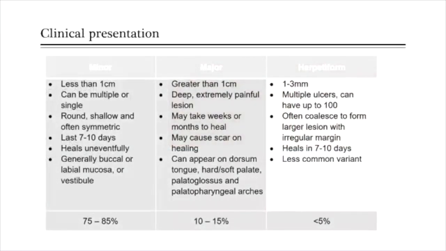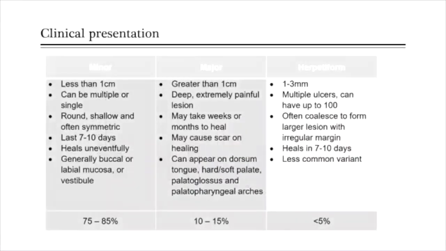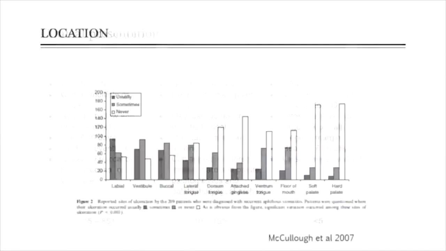So this is just a little chart, okay, for summarizing that, and really good for you to remember all those little things. These 3 categories, vast majority are minor. Some heal without scarring, some heal with scarring, okay? Makes for a really good MCQ question to ask whether you know the difference between them, right? Okay. So anyways, I don't know if you want to just spend some time looking at that. Okay, so